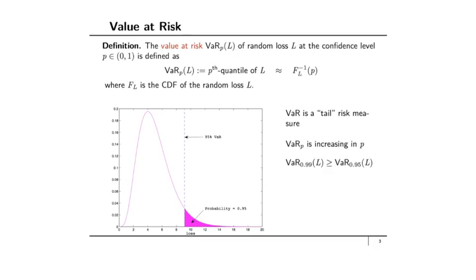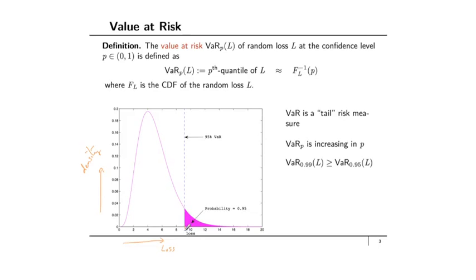The value at risk of a random loss L at the confidence level P is defined as the pth quantile of the loss. So if you refer to this figure down here, on this axis, I'm plotting the loss. On this axis, I'm plotting the density of the loss. So the magenta line is actually the density of the loss. The 95% value at risk for this loss is going to be the